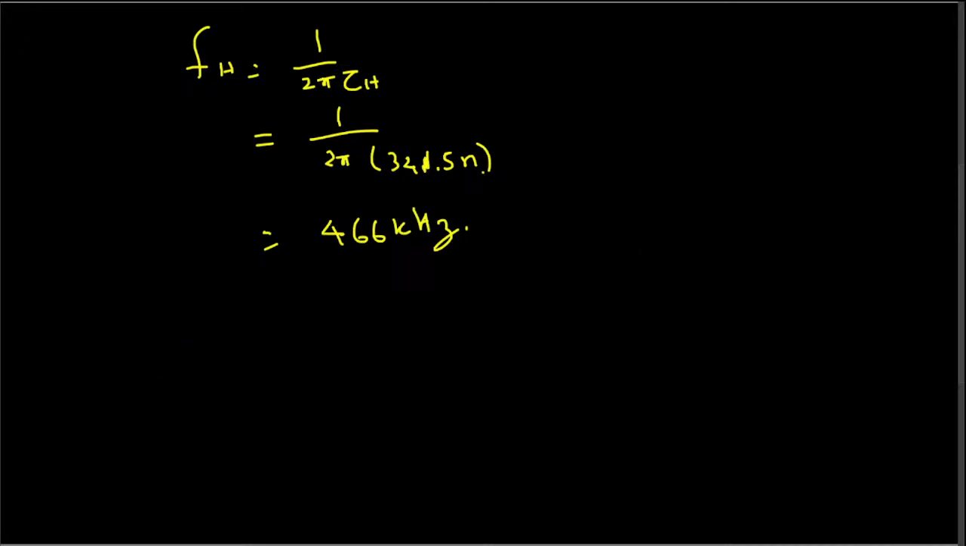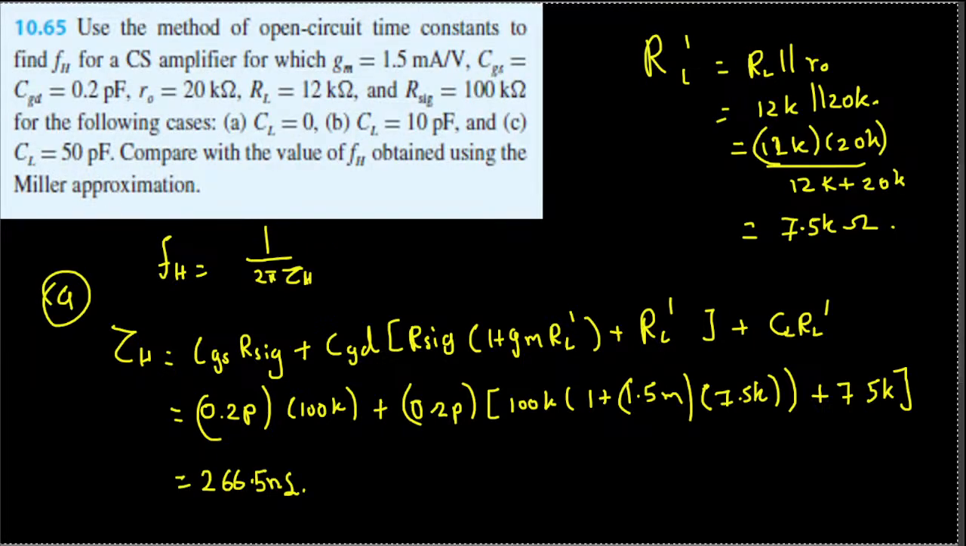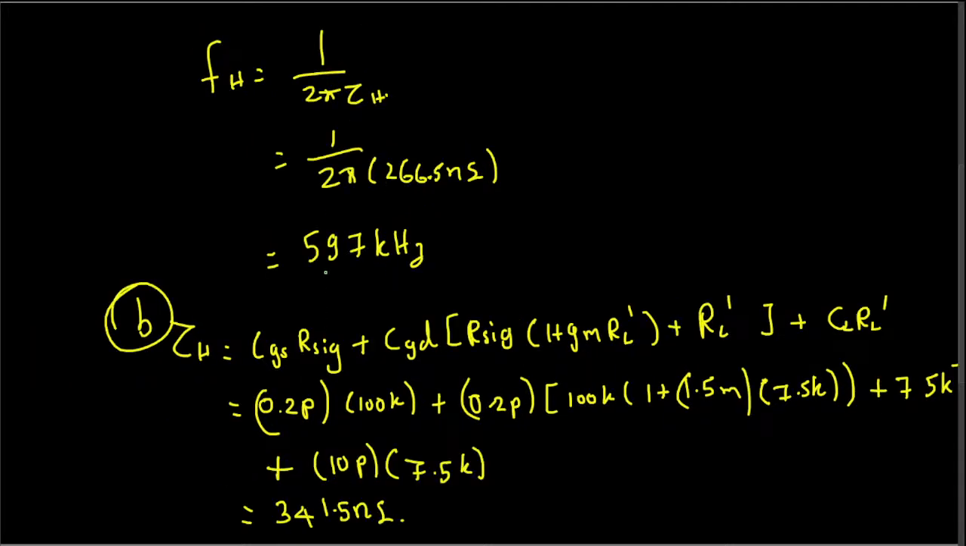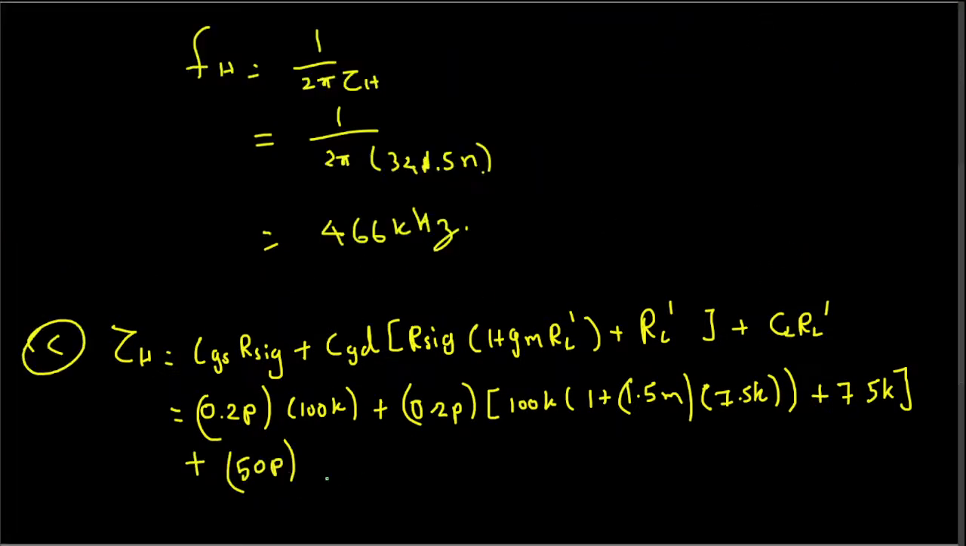Okay, paste it here. Put the C over here. So the only difference again is we are adding the load capacitance and multiplying that one with CL, that is given for the C part. C part is 50 picofarad. So 50 pico right here, multiplied by the RL prime, which is nothing but 7.5K. Okay, and for this one, if you calculate this one, you're going to end up having the time constant to be